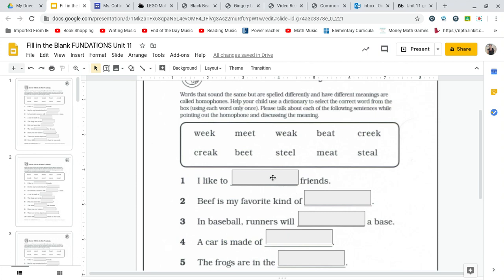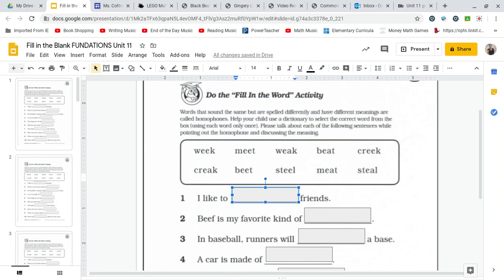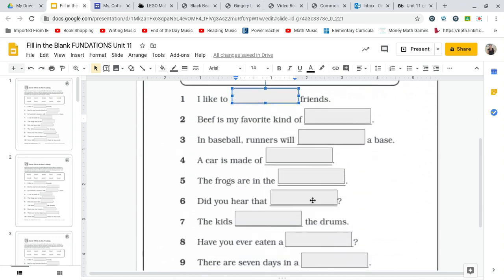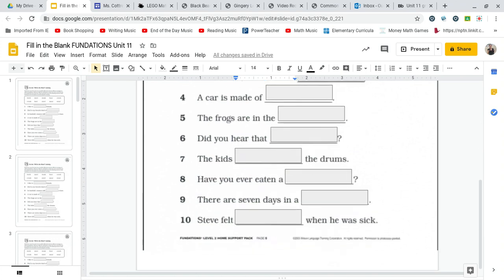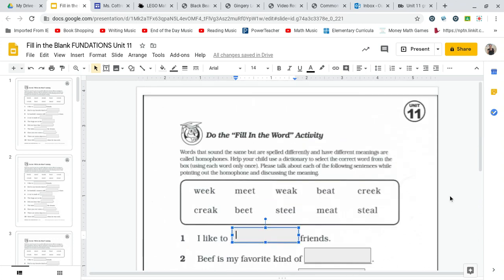Now, remember, for those of you who haven't been on to do these types of fill-in activities before, all you have to do is click on the box and type in your answer. Right? Remember, one page per person. I'm going to put a name box on the top so that you can have your very own page. If you notice the page before yours is already completed, just go down into the next blank page. This way I can see the answers that you're coming up with. We can save ink on our printers for those of us who have printers, and those of us who do not have printers, this is a great way for us to still be able to do a response sheet and not have to write it out on our own.